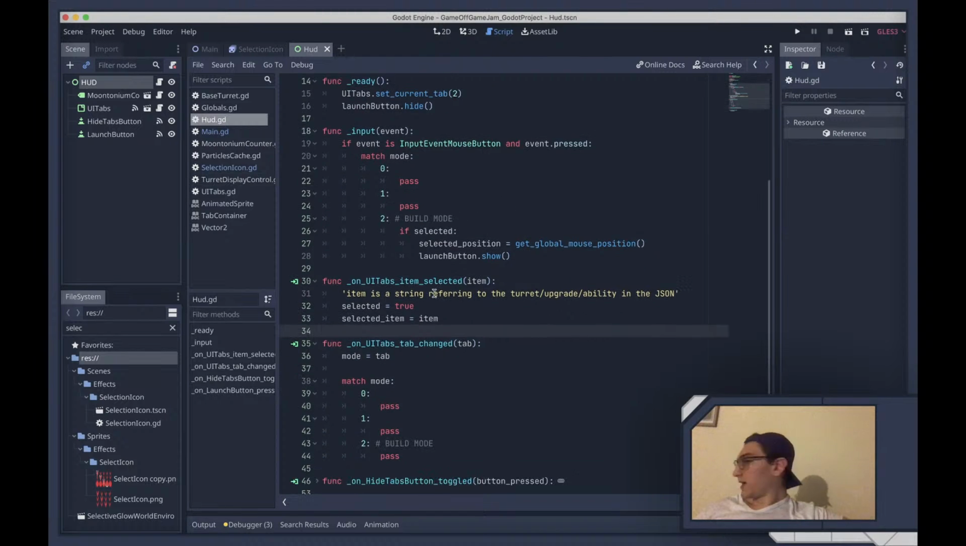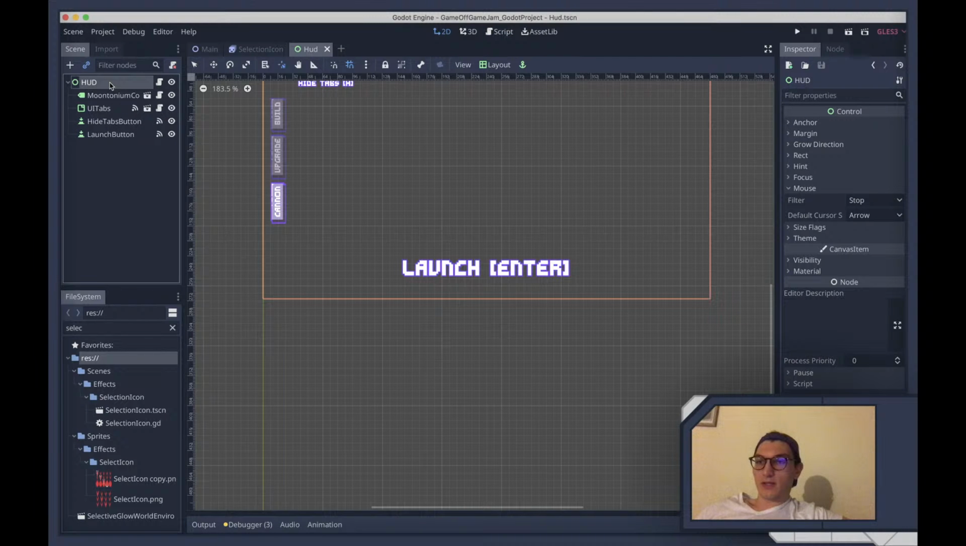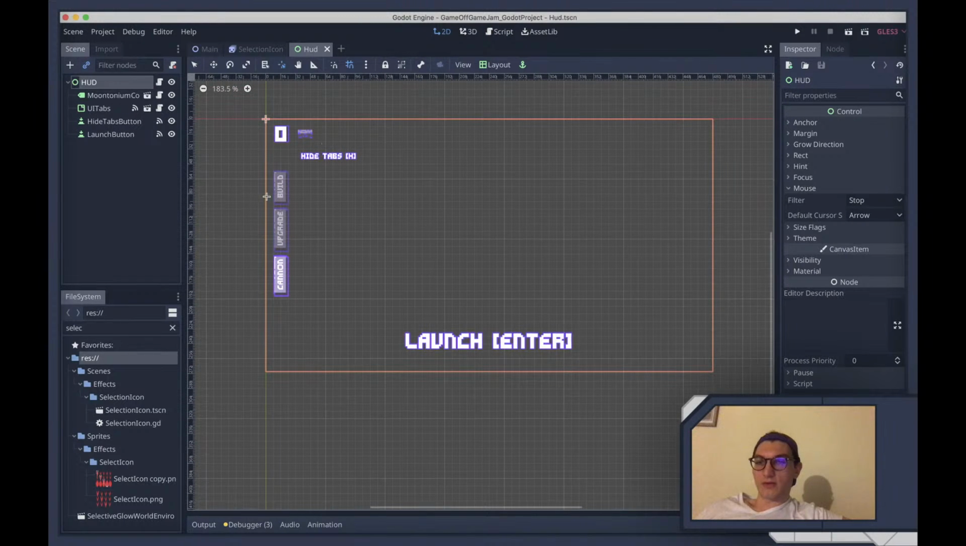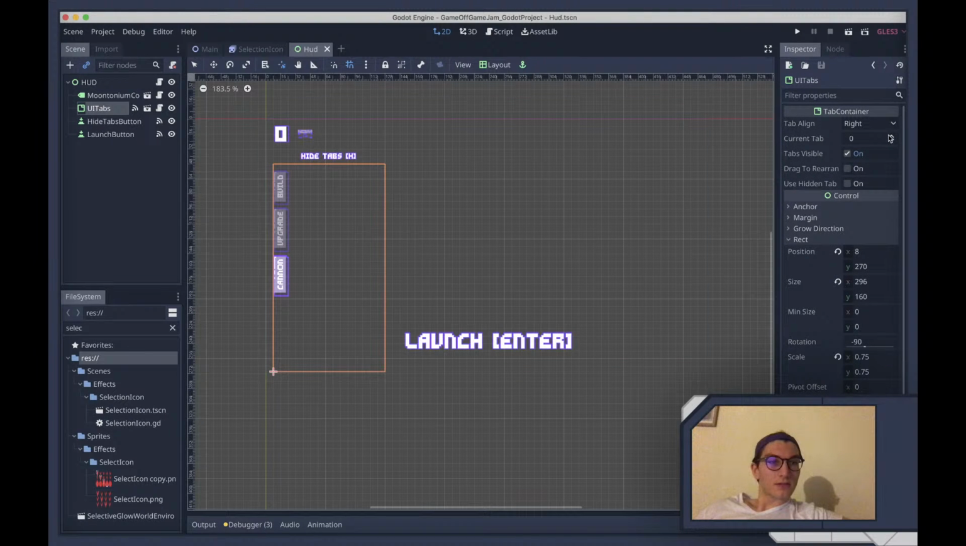Okay, so here's the HUD now. That's what we're at right now. And so essentially in the HUD we have this, right? So we can go into build, and then if you select turret, then essentially what I want to happen is I want this thing to appear, the selection icon. So there's a few ways to do that. One is to just have it exist and then make it visible, which